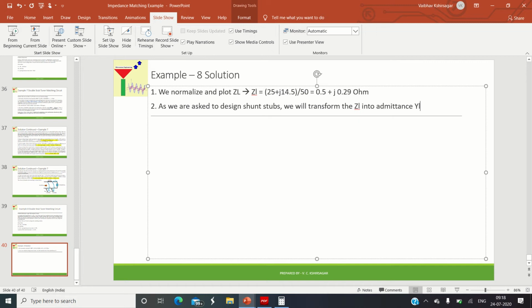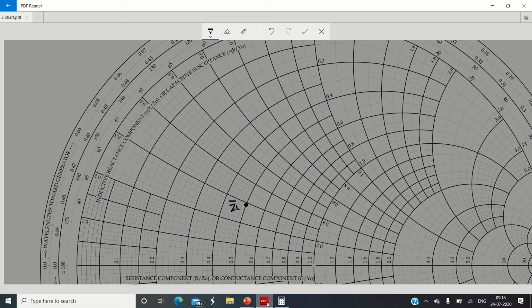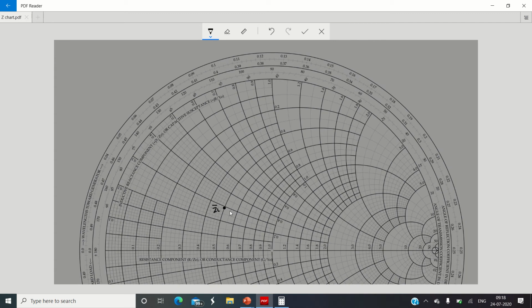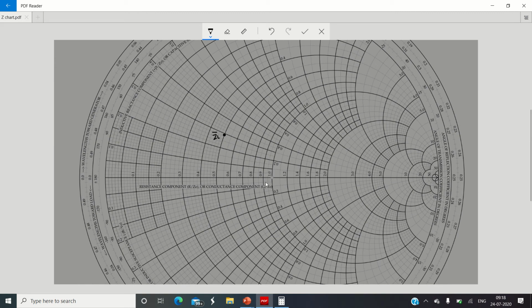Again, the same method: the technique of drawing a VSWR circle, going opposite from the center of the Smith chart and plotting a straight line. Wherever the straight line intersects the plotted VSWR circle on the opposite end, we will get the equivalent admittance of the impedance point. So let us do that. We are converting this plotted impedance ZL into admittance. First of all, you need to draw a VSWR circle which is passing through ZL